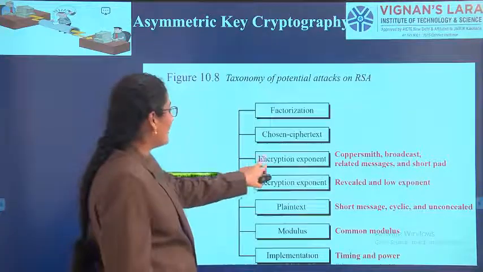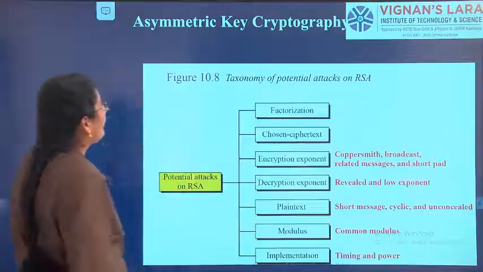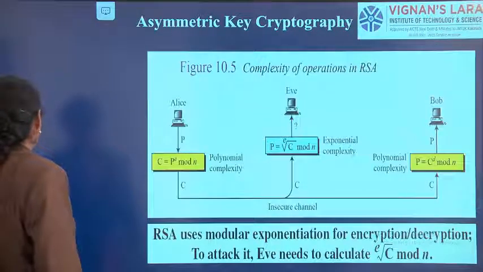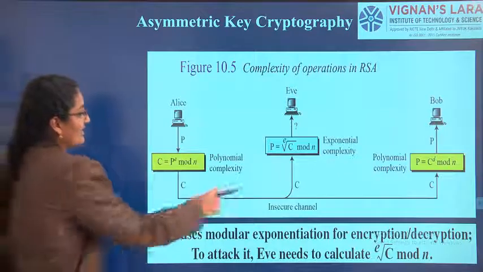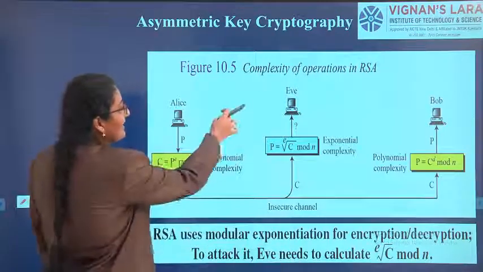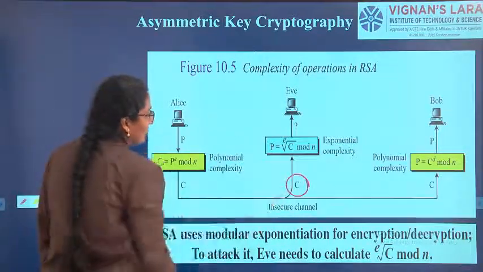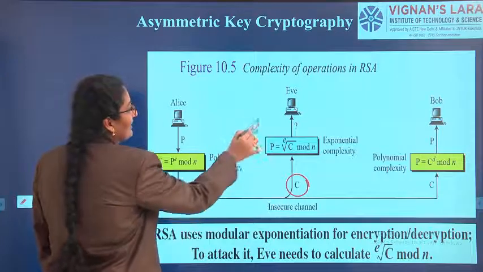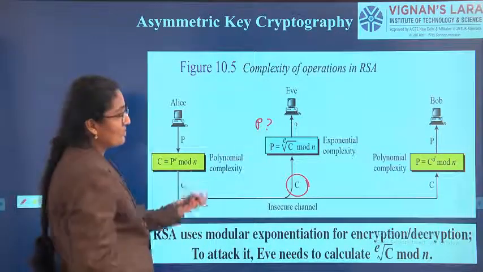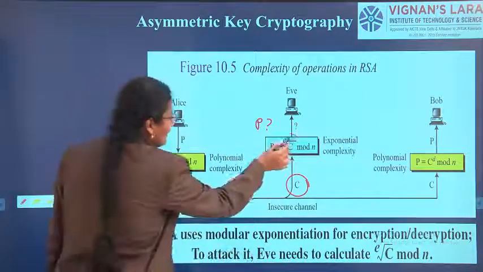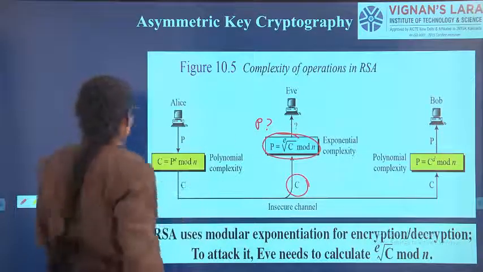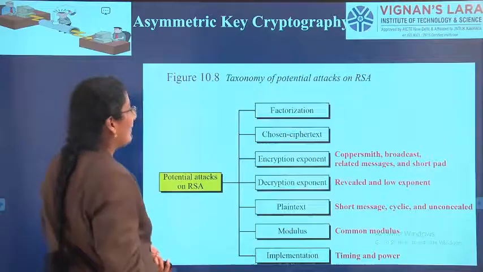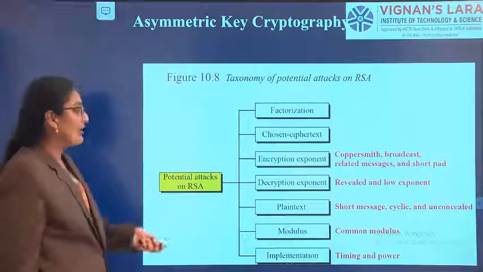Then what is the encryption exponent and decryption exponent? They are nothing but, when two people are talking to each other in an insecure channel, if somebody as an attacker gets that ciphertext also, he cannot convert the ciphertext into plain text because he does not have the private key. So the conversion of p equals the square root of c mod n, power e, is very difficult. That is nothing but the encryption component or decryption component. So let us conclude.